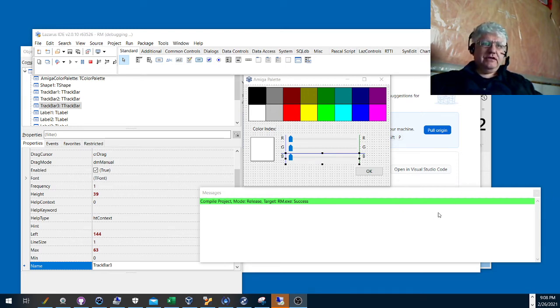Okay, so I think the motto for Lazarus is write once, compile anywhere, or compile everywhere. And so I developed Raster Master strictly on Windows, and I did try an early version on Linux, and to my surprise, it actually worked. I didn't do too much testing, so what I'm going to do now is